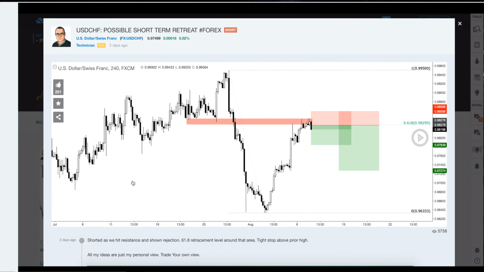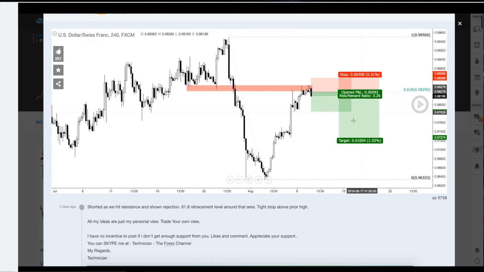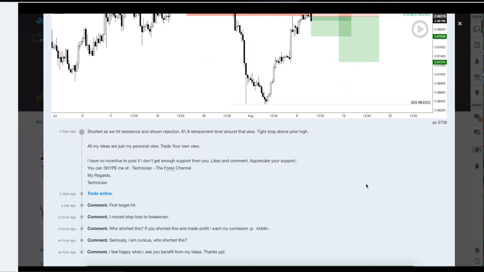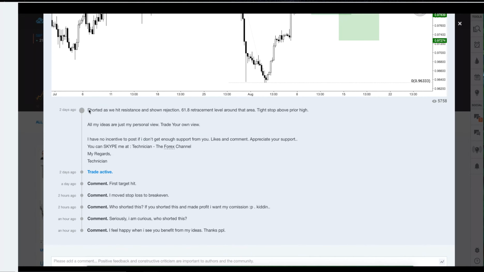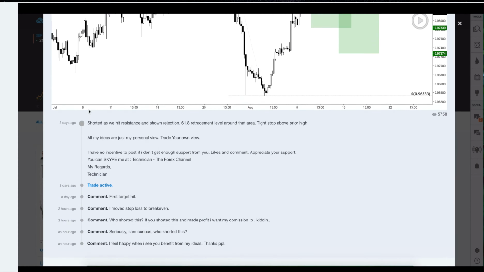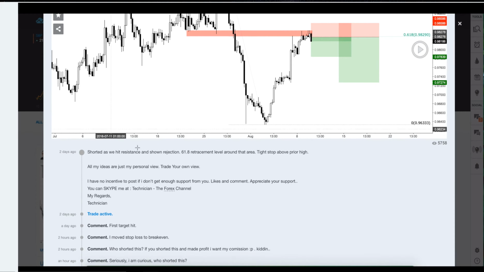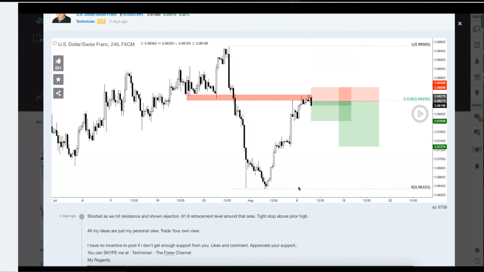And now this is what you can do too. So he's done a chart example. He's got his risk reward tools on there and stuff. And he has, in fact, done a short little bio about the chart, why he thinks USD Swiss franc is going to fall and so forth. So basically, this is what you guys can do in the future.